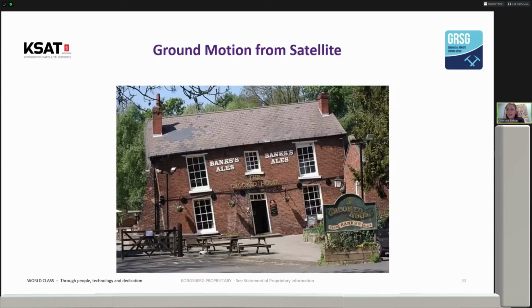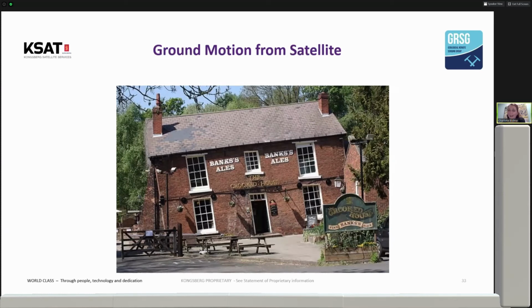And then the last couple of examples I have here, and I must thank my friends at CGG MPA for this. This is some work that they've been doing for many years, but I love this particular example. This is an actual pub. It does exist, and it's just a really nice example of subsidence in reality. But we can actually monitor this from satellite. So it's a geological application, it's also an engineering application,